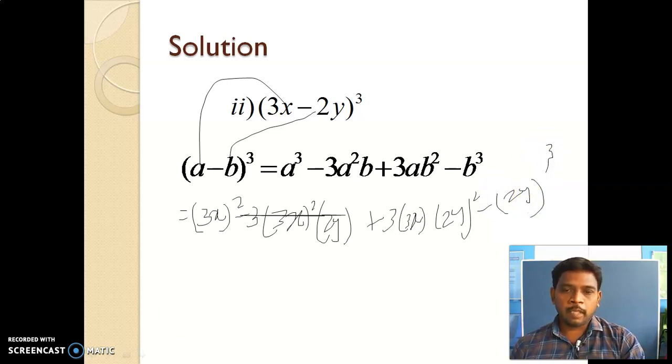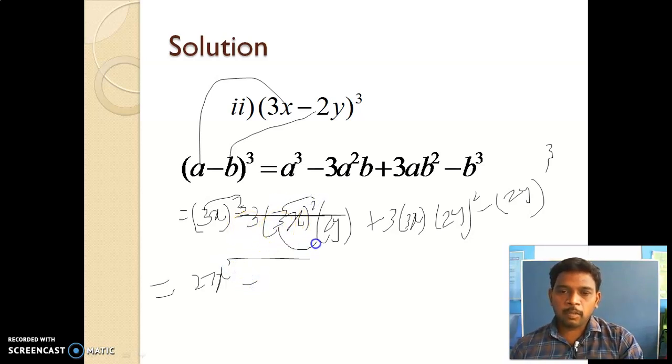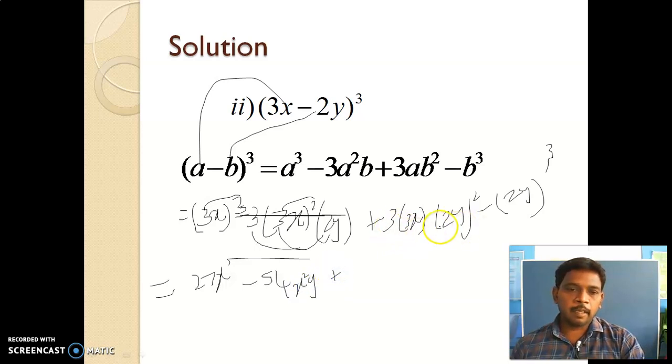So equal to, 3 cube, because (3x) whole cube, so 27x cube, and minus, 3 square means 9, 9 2s are 18 and 18 into 3s are 54, so 54x square y, plus similarly here, 2 square means 4, 4 3s are 12, 12 3s are 36, so 36xy square, minus 8y cube will come. Okay, so let us